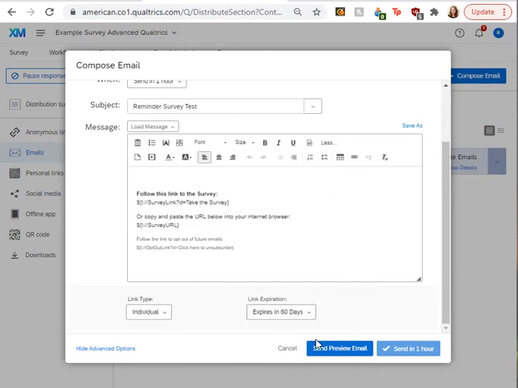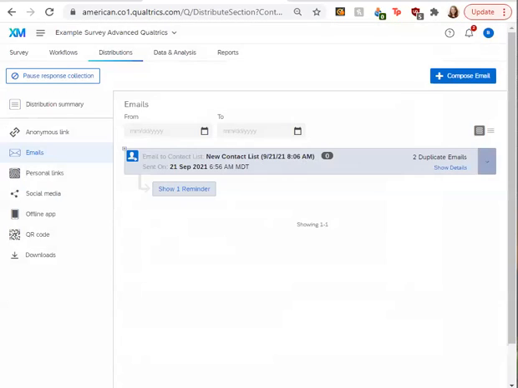And then lastly, you can send a preview email to yourself. I highly recommend that just so you can see what the formatting looks like on the receiving end of the email. So you can send it to yourself and just make sure that the format and everything is matching up with how you envisioned it. So highly recommend that. All right. And I'm going to close this by hitting cancel.